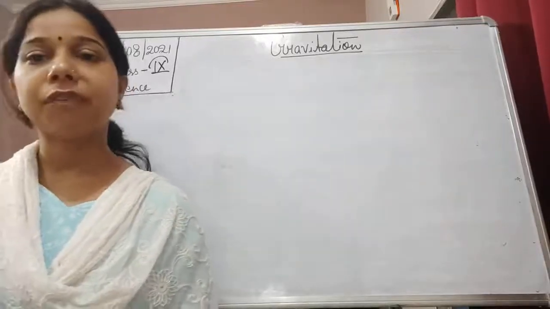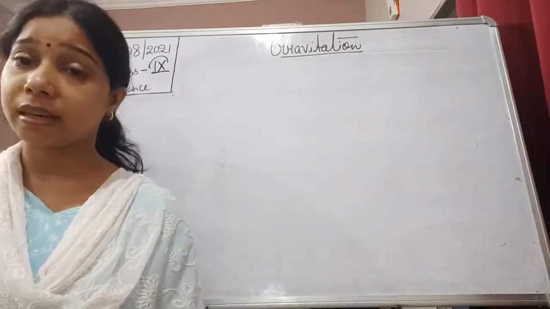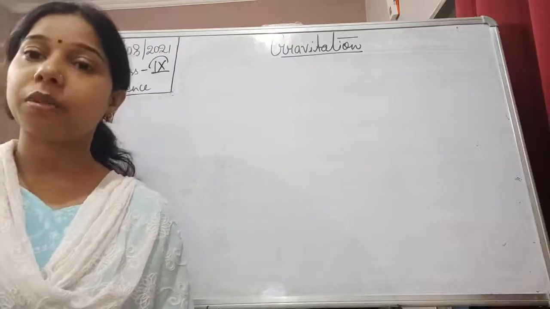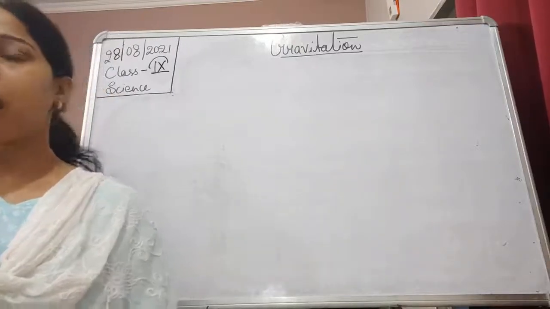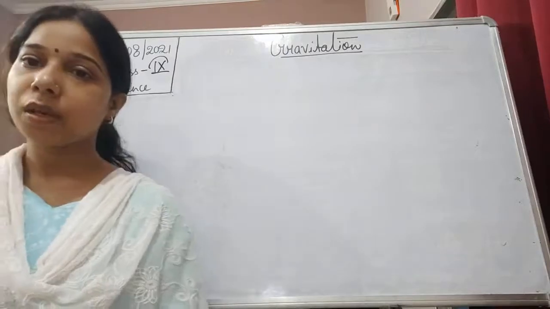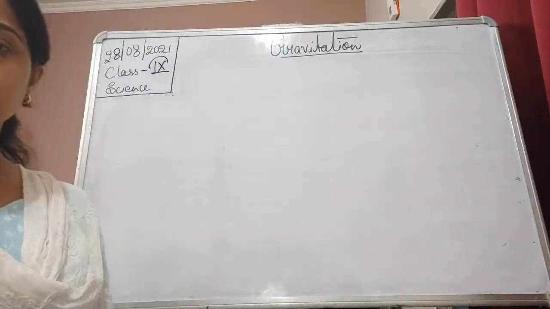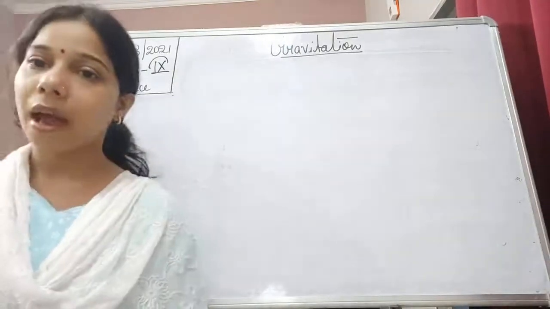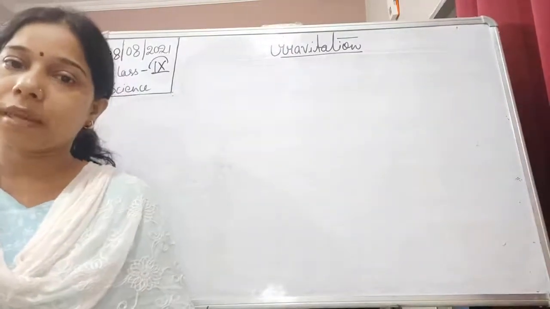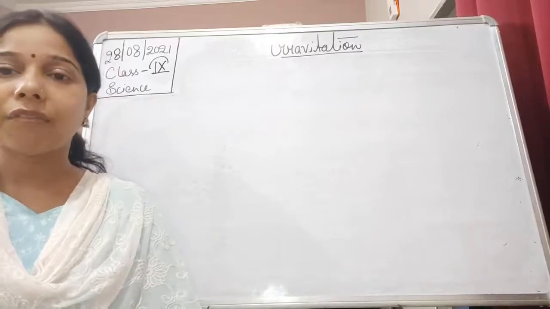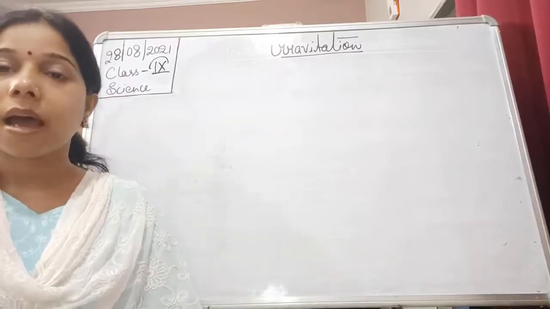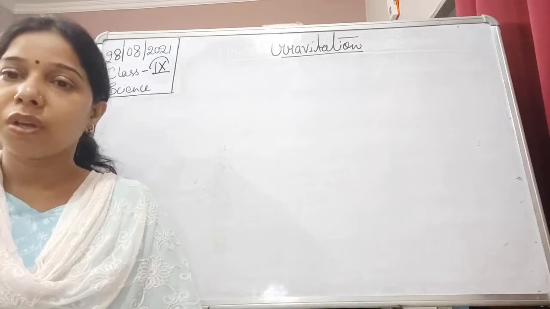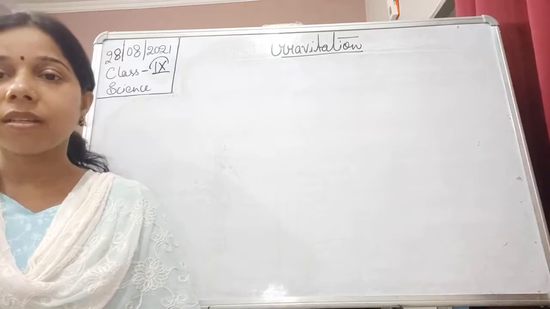So students, in the previous class in this chapter, gravitation, we started with the chapter and we understood the term gravitation. We understood how the gravitation acts between two objects, and also that there is a law which acts between two objects kept far apart from each other, having different masses, and that we called the universal law of gravitation, in which the force which is exerted